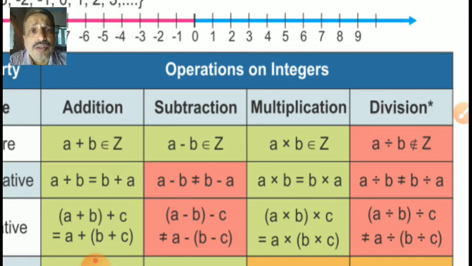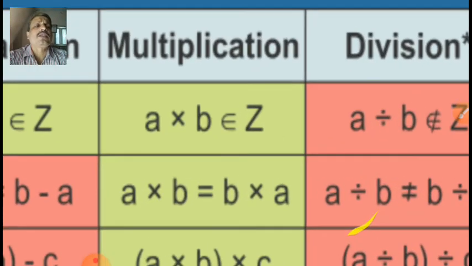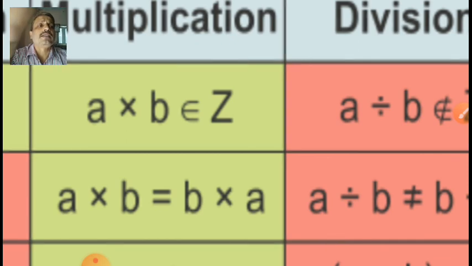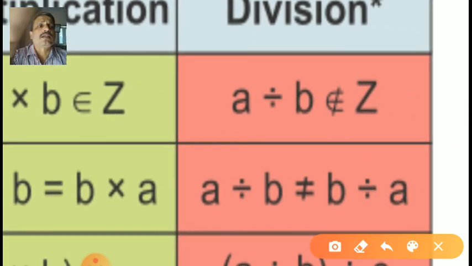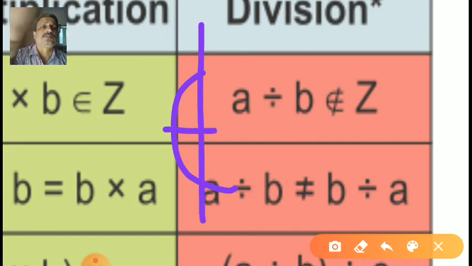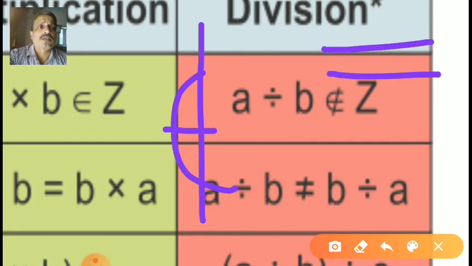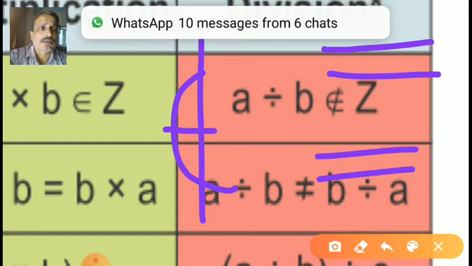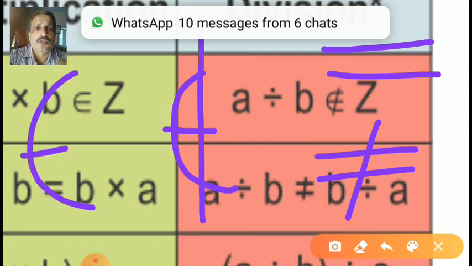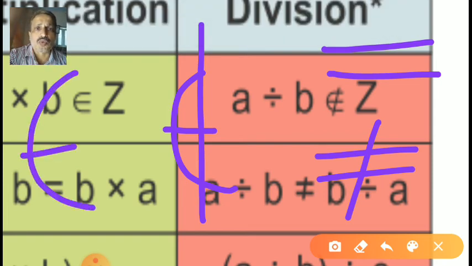Now, division. Division is also there, but you can check it. Here the sign is different. Students, look here. The sign is like this now. You know this one. What is the sign of this one? Equal to. And what about this one? Yes, not equal to. Same way, this is belongs to, and this is not belongs to. It is not an answer. Why?